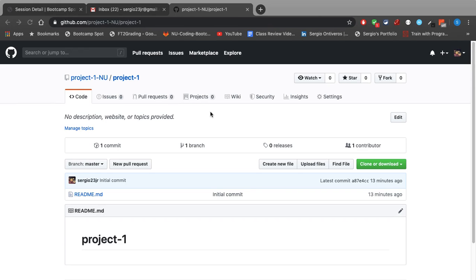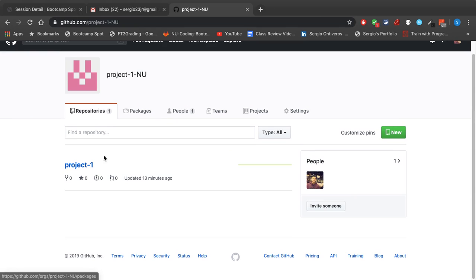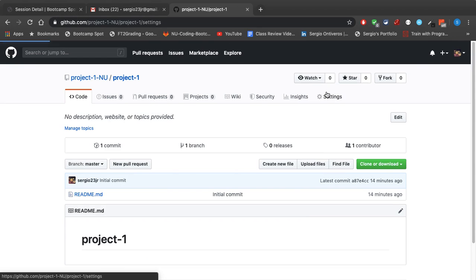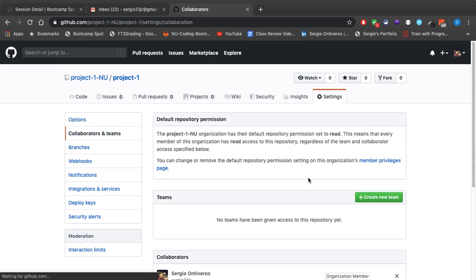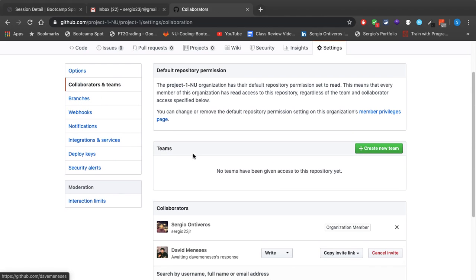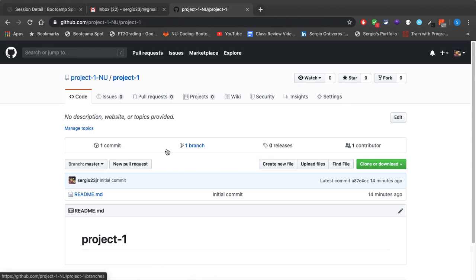Cool. So from where we left off, we created our organization, we invited people, we created a repo. From the repo, we once again invited the people who are going to be working on this, and we set up our branches. Cool. So now let's actually start creating our branches, and this is going to be the first